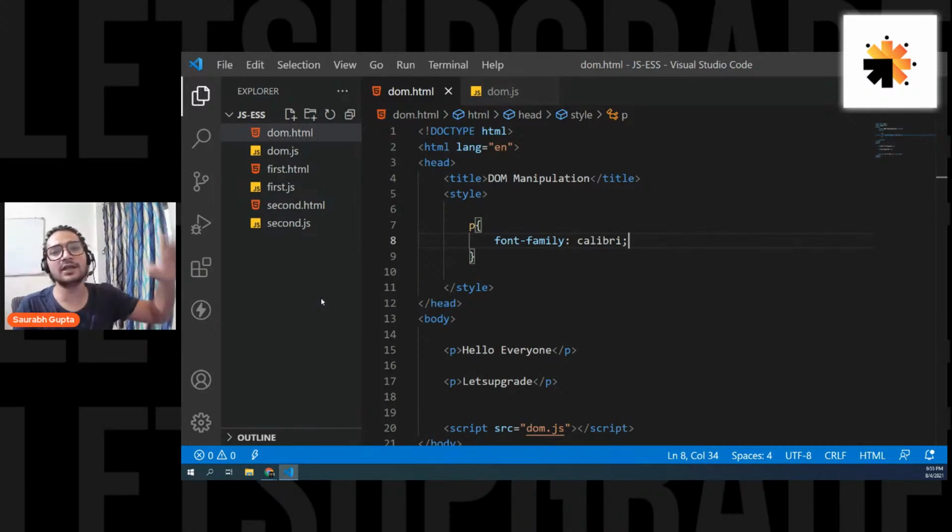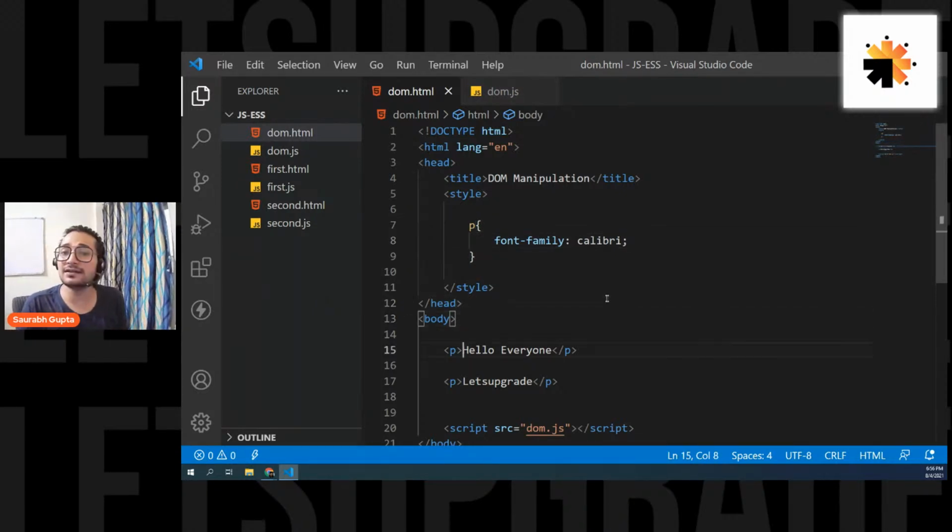So when you want to manipulate an element in the HTML, first you have to learn how to select that element, how to fetch it, and then only can you work with it. So the first important thing is how to fetch the element.